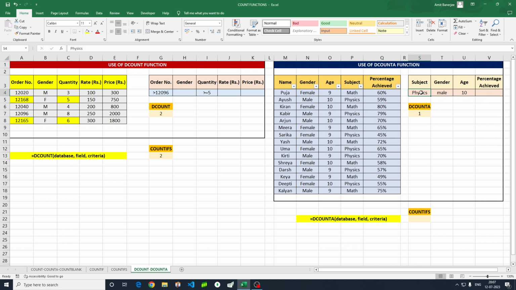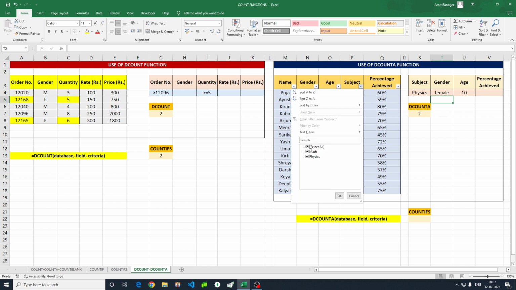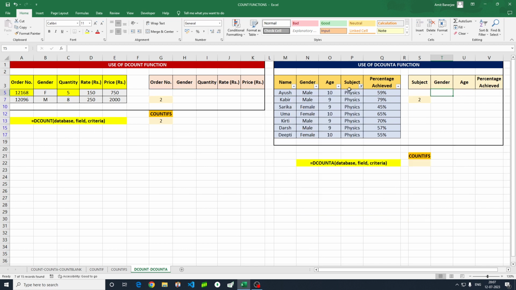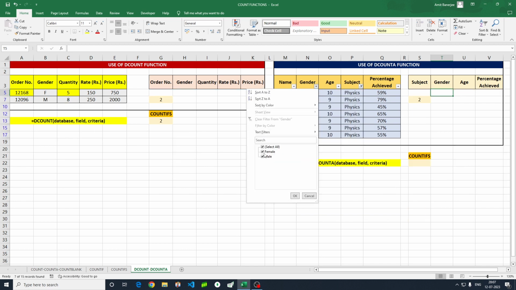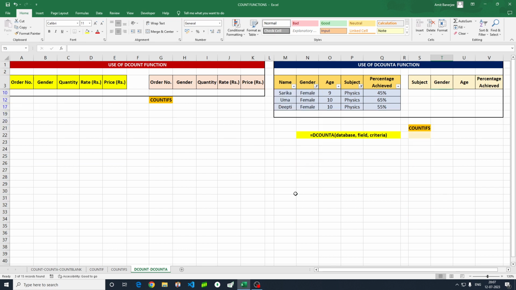If I change here to female, then it is giving 2. So let's check physics, female, so age is 10 only in the case of 2 students. Okay,